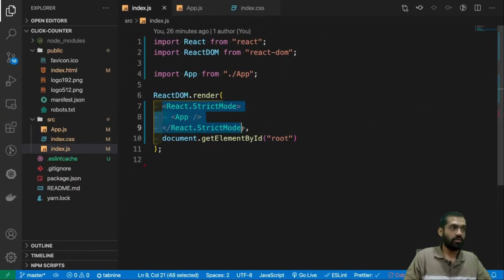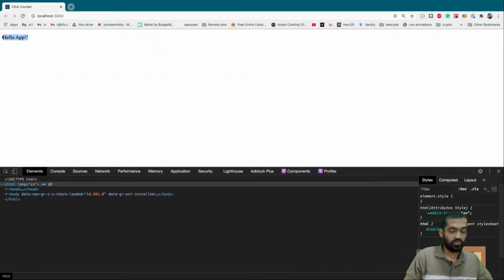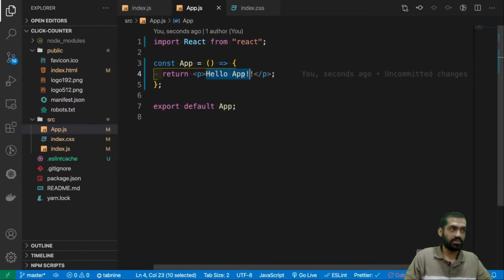As we saw, we were here and all the coding is being done in the App file. And we can see that we have a hello app here, so we are definitely sure that this hello app is being picked from the App file. So we are making a click counter. What does a click counter need? A plus button to increase the count, let's say also a minus button to decrease the count. What else? A counter, and we probably also need a small heading.